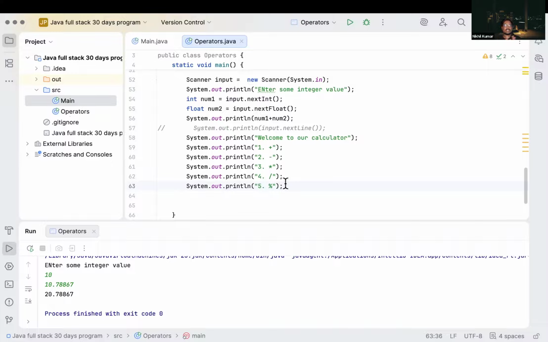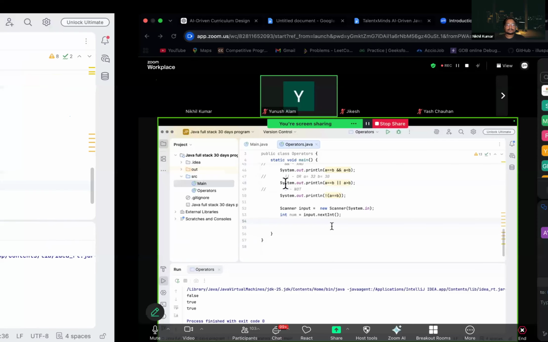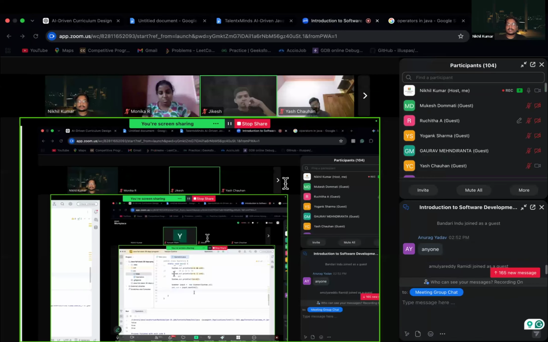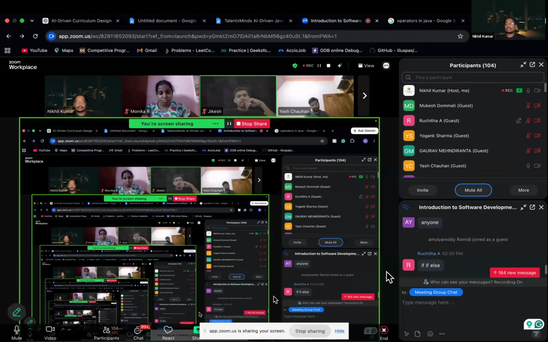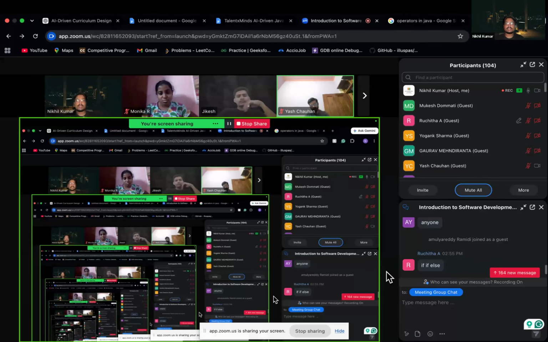What are the functions or methods we can use to apply these conditions? When the user presses 1, it will send us to the plus. If the user presses 2, then it will give us the subtraction. Correct. So what are the conditions, can anyone tell? Which one, if else? If else, correct. We have to use if else, switch case, there are multiple things we can use. So these are called conditional operations. Correct. So how will we do this,